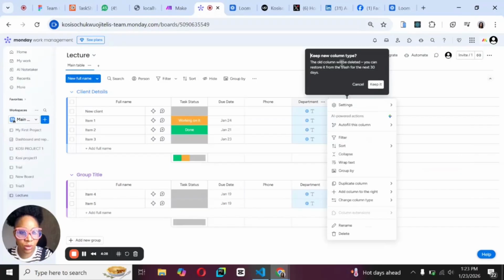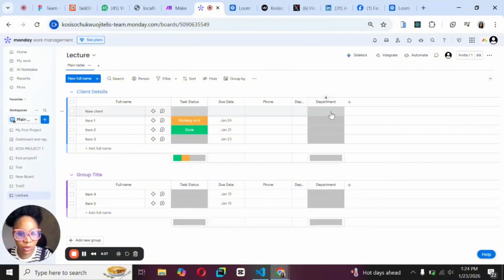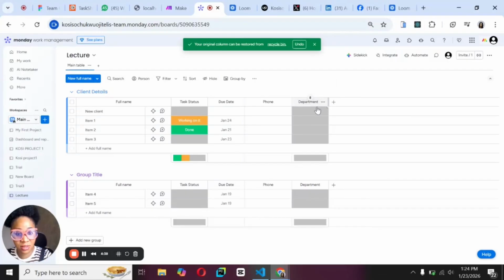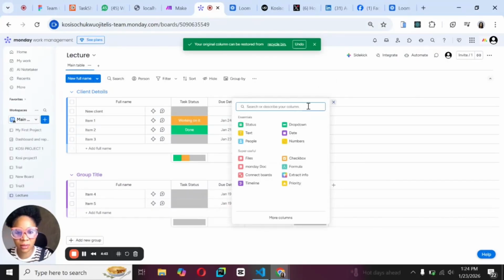When I click on this, it's going to tell me the column will be deleted. You can restore it and so on. I want to keep the new one and delete the old one. When I say keep, it's going to keep the new one. The new one is the one I have as status, right? So now we have the contract